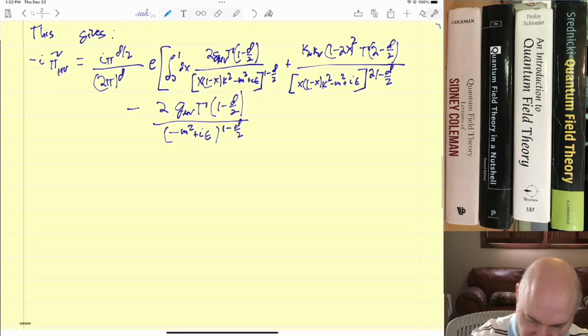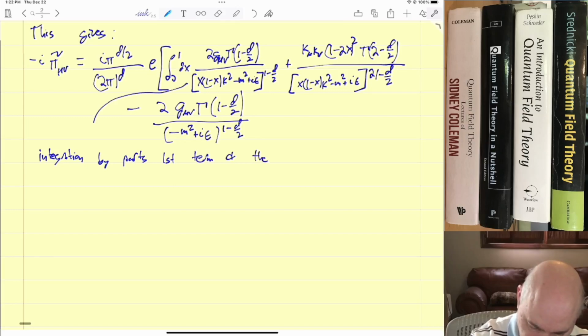So after you do the integration by parts, first term, and then, which is this term over here, then combine all terms, we get